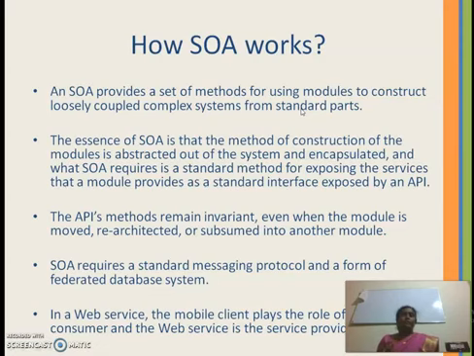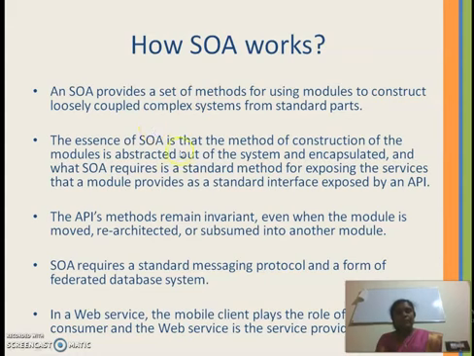So in a service oriented architecture, you can assume that it has a number of services, and each of these services acts as a module, and these modules are going to be constructed in such a way that they will provide a complex system, that is a loosely coupled complex system.